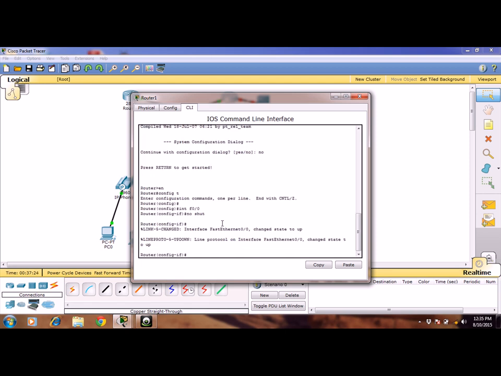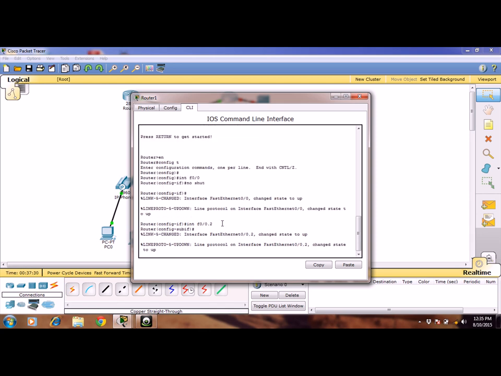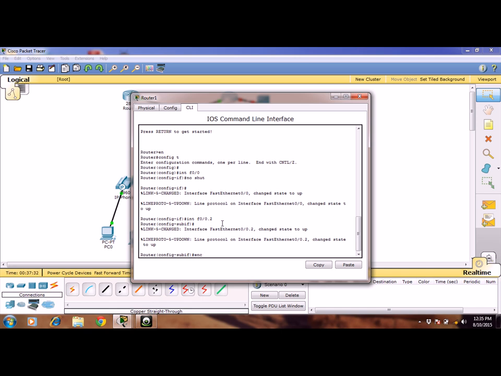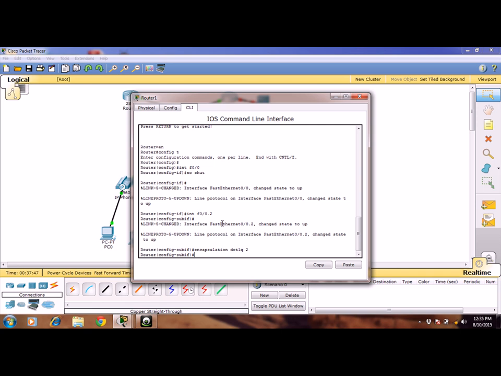Okay, now interface F0.2, enter, and then configuration. Encapsulation dot1Q 2, yeah, IP